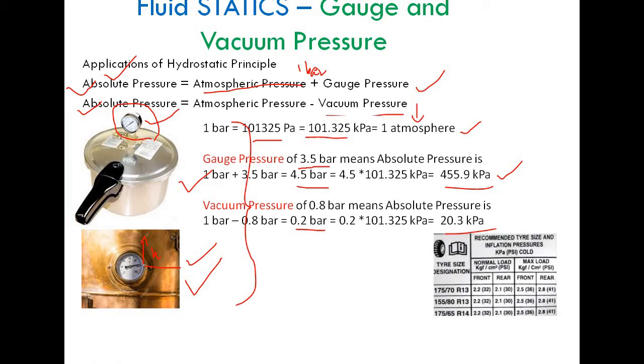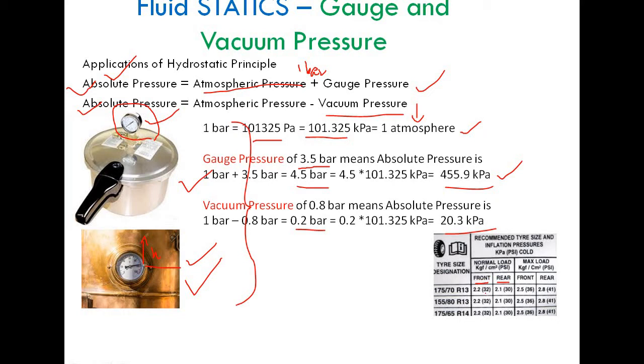And now in our vehicle tires, you might have seen the pressure levels, permissible pressure level. You see this for different tire sizes. You see these are the permissible pressure levels in front tire as well as rear tire of a particular vehicle.